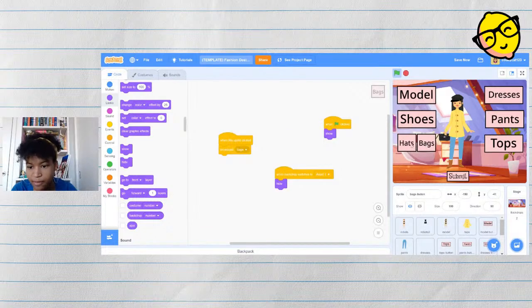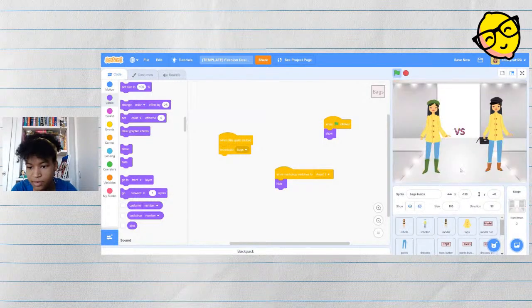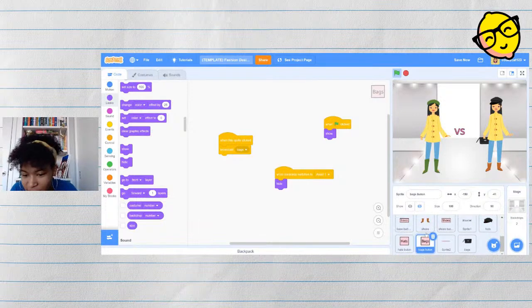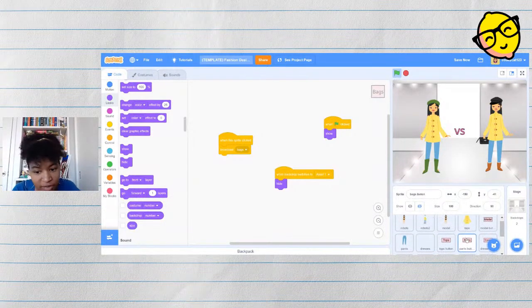This bag, and then I press submit. My person's going to the right place. Ironically, they have the same outfit as me. That's kind of weird. But let's also make sure that the scores show, because we just worked very hard to